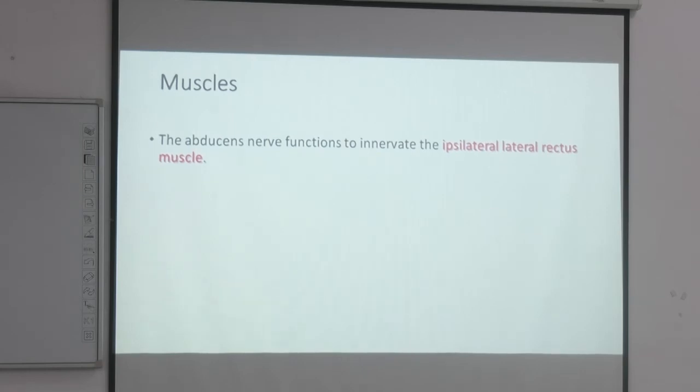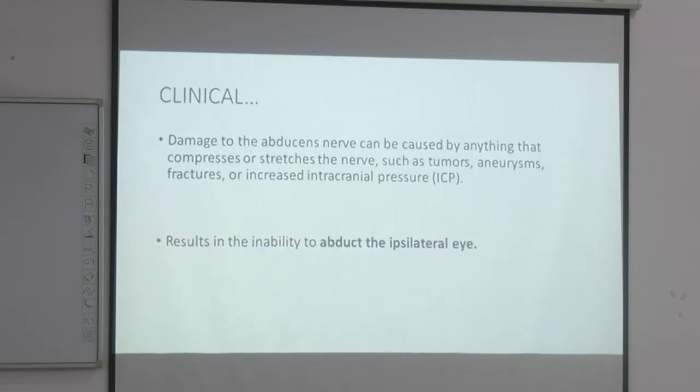Now, the movement of the lateral rectus we have already discussed. It pulls the eyeball to the lateral side. If this nerve and this muscle are not working, the medial rectus, which is working steadily, pulls the eyeball to the affected side, the medial side, and this happens in this clinical problem.